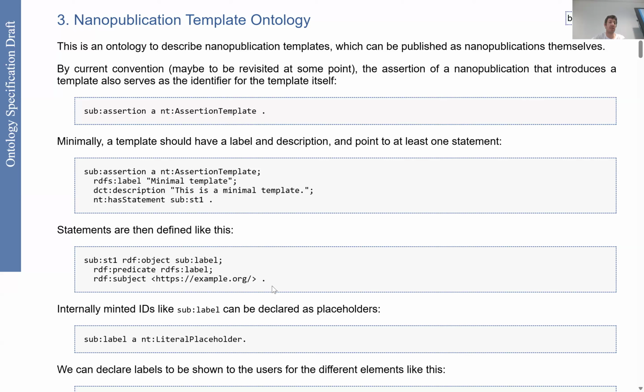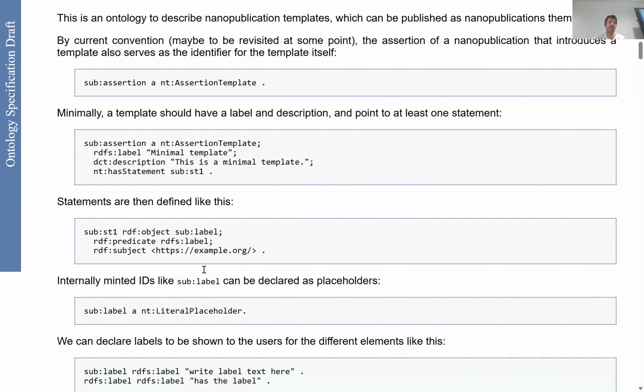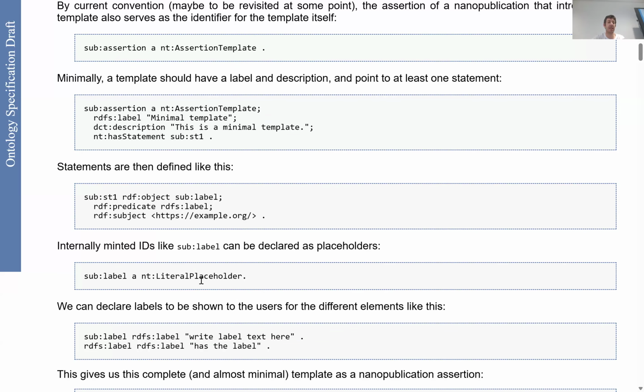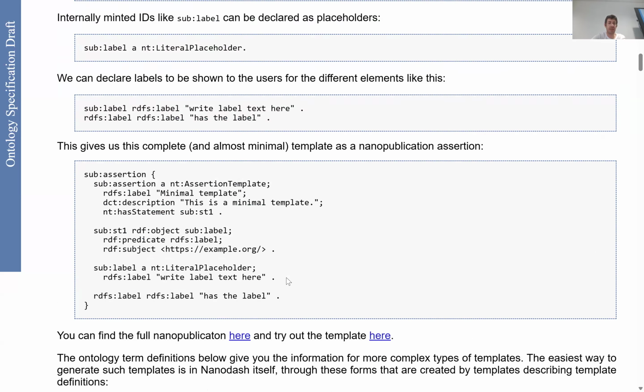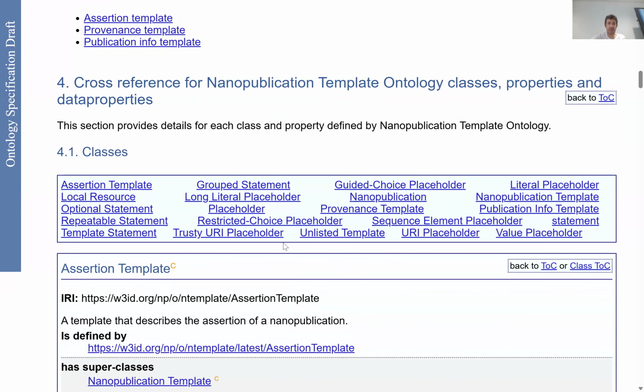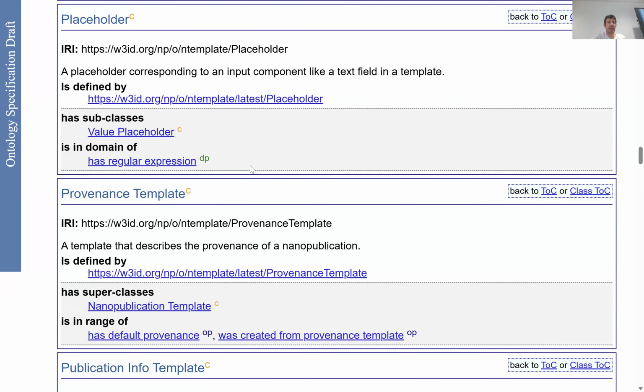So as you see, these subject, predicate, objects can be just directly pointed to the URIs that should be there, or they can point to such local things where we can define more what they are. In this particular case, we say it's a placeholder, and we say in this case, it's a literal placeholder. And if you move down to this ontology document, you see many more things that most of them should be self-explanatory. Like if you go to placeholder, you see this is a class and it has subclasses like a value